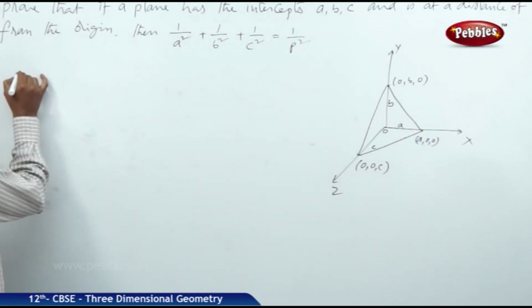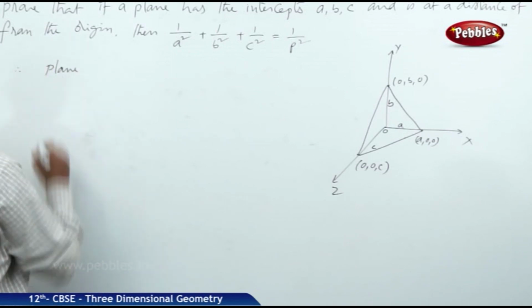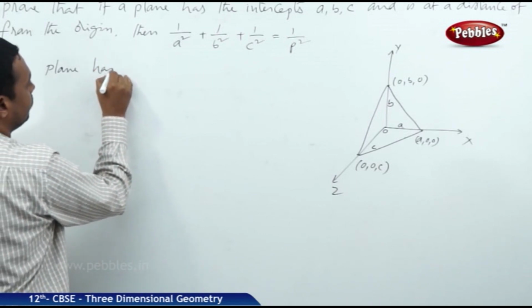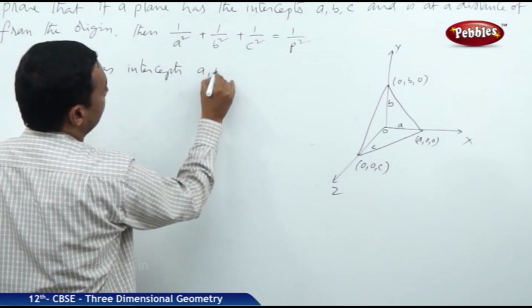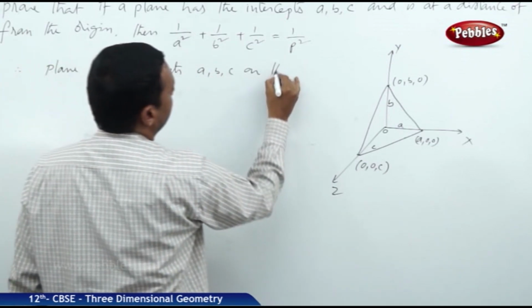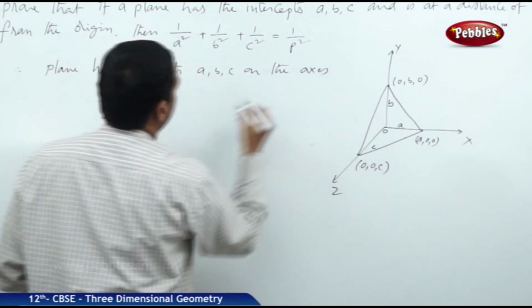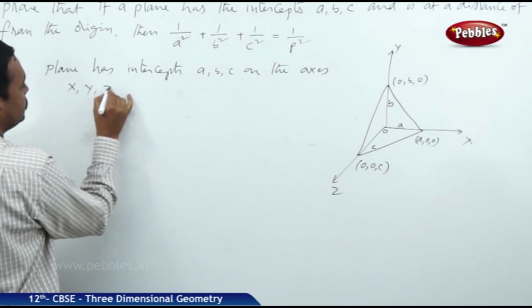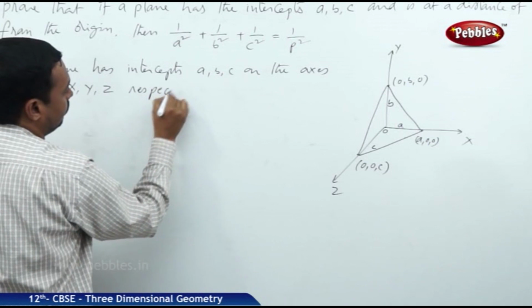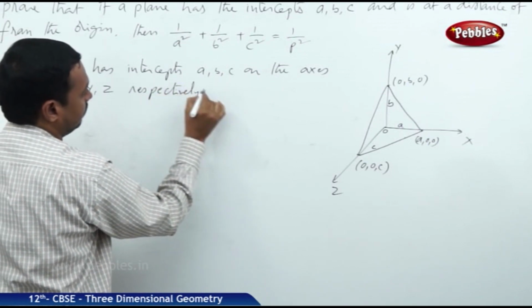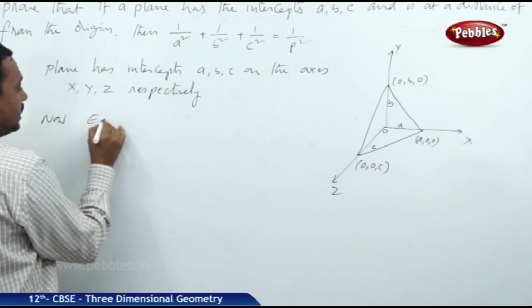Therefore, the plane has intercepts a, b, c on the coordinate axes x, y, z respectively. Now, the equation of the plane is